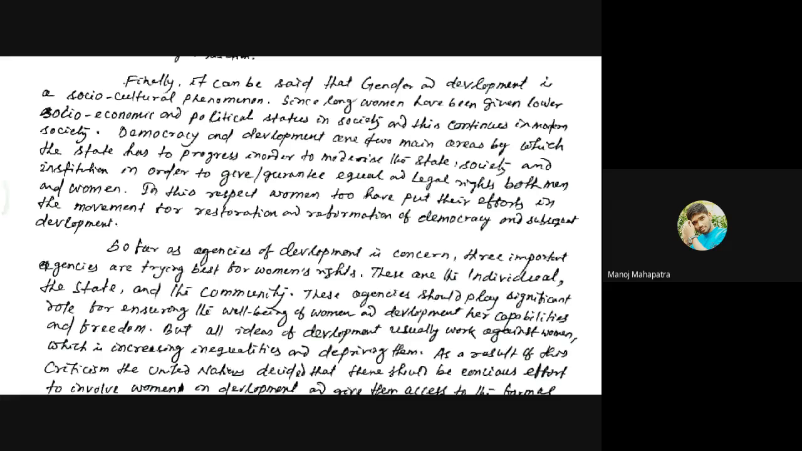and institution in order to give guarantee equal and legal rights to both men and women. So in this respect, women too have put their efforts in the movement for restoration and reformation of democracy and